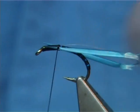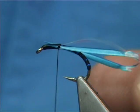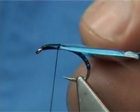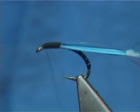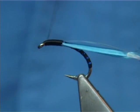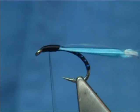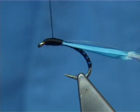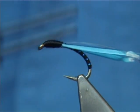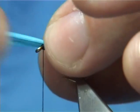The natural curve on the goose biots, and as you can see, they're curving away from the hook itself, and that means you've tied them in the way I like, so they sit better. And it's just a matter of running the thread down, tying this in, building up your thorax, using the thread obviously, just keep going to get a nice shape. At that point there. Now what I do here is bring both goose biots towards the eye,